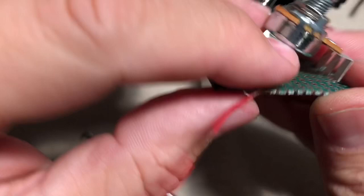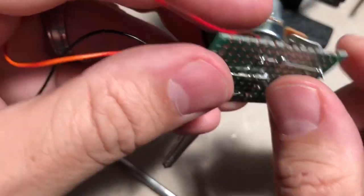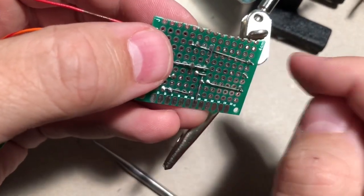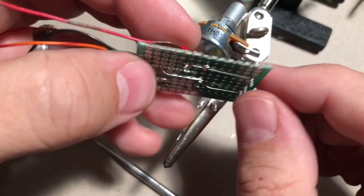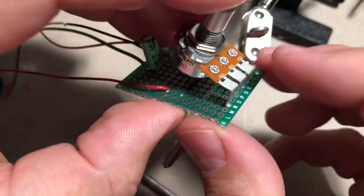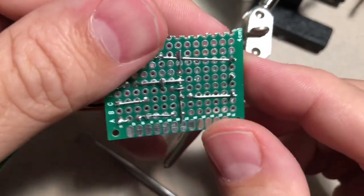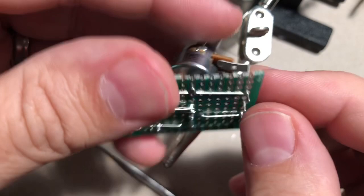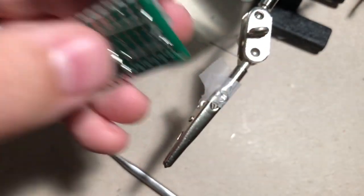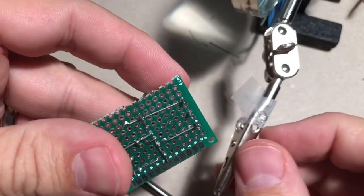So that's connected to the ground plane there. So it's going to the emitter, and it's also going to leg 1 of the potentiometer. There's one last thing we will need to do, and that's hooking up an output wire on this middle leg, okay? Probably the easiest way to do that is